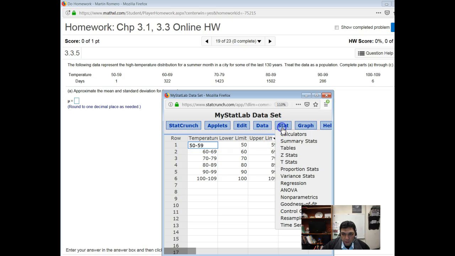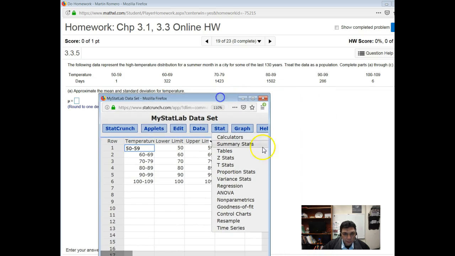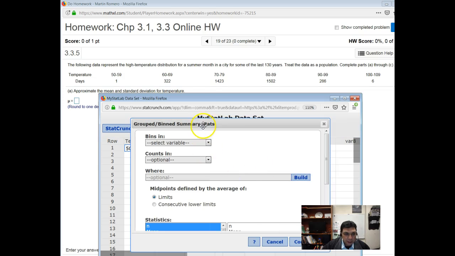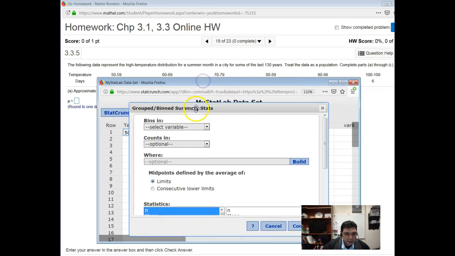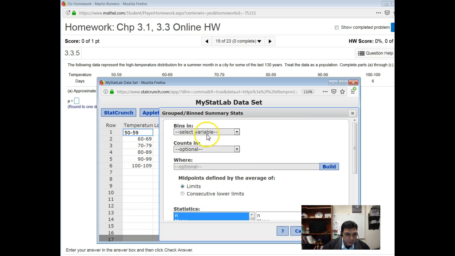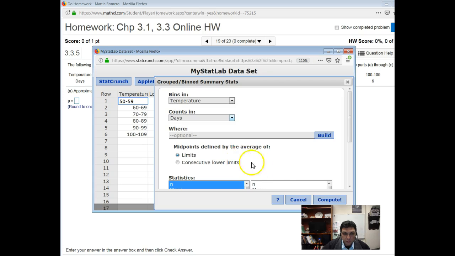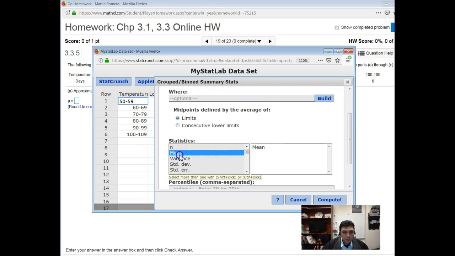You would go to Stat, summary stats, grouped or binned data. In this case, the data is binned into the temperature, and then the days has the count. You might have a different type of problem, but that's what you would do. Compute. What are we going to compute? The mean. And on this problem, it says